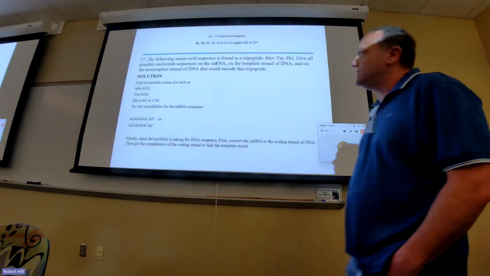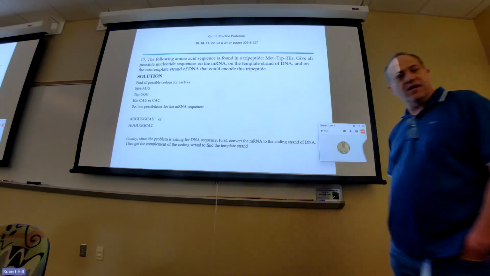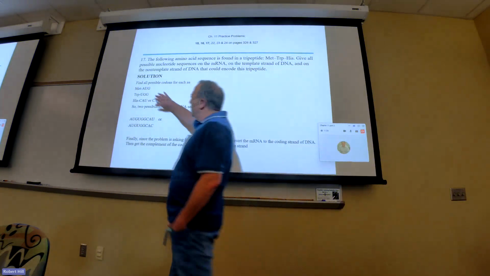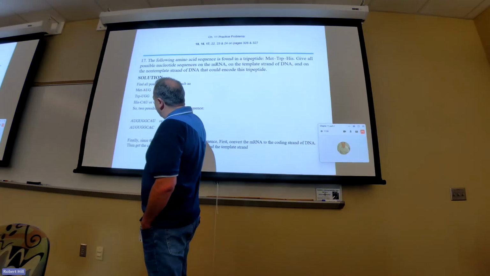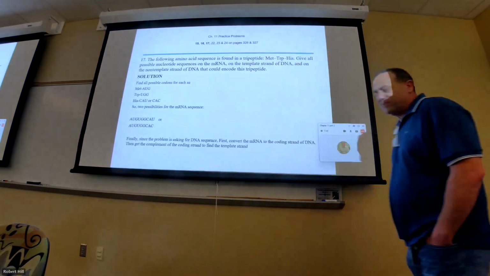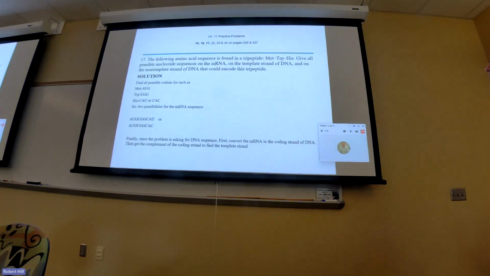All right, methionine has one, tryptophan has one, and histidine has two. So there's two possible sequences that would come in sequence. Right, so just combine these together, then you combine these together. Those are your two sequences. All right, so the question that was asking, give all possible nucleotide sequences on the mRNA. It's also asking for the templates and the non. Right, so told you here how